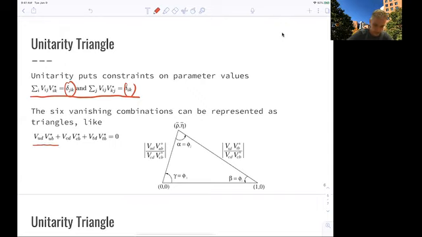You can just rewrite this. You just say those 3 elements of the sum are equal to 0. Then you normalize by 1 element, in this case normalized by VCD, VCB. And so this makes this point being 0. And so we have this nice triangle here, which has 3 angles, alpha, beta, and gamma, and this point here,